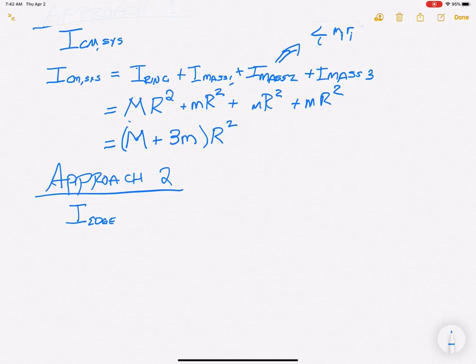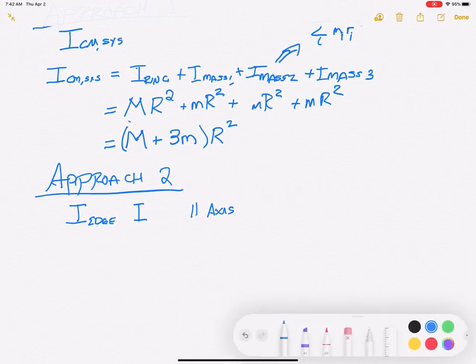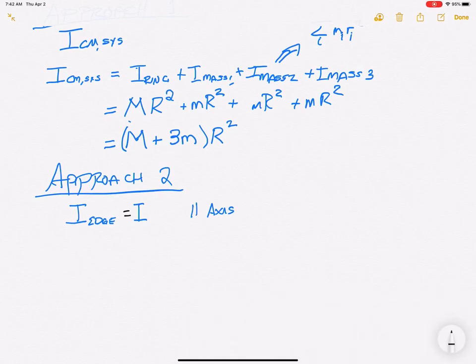And we said we were going to do this with the parallel axis theorem. So that just means I need an equal sign, not a plus sign. And maybe back to black. And we got I